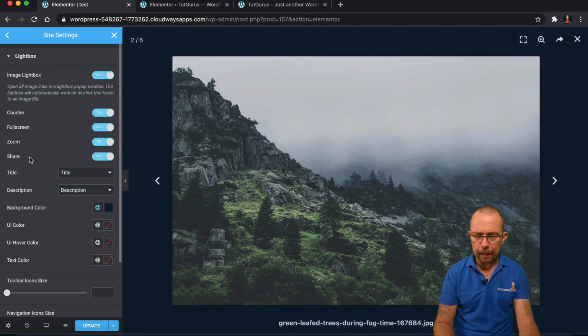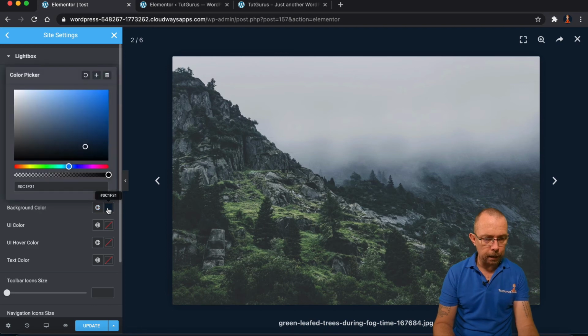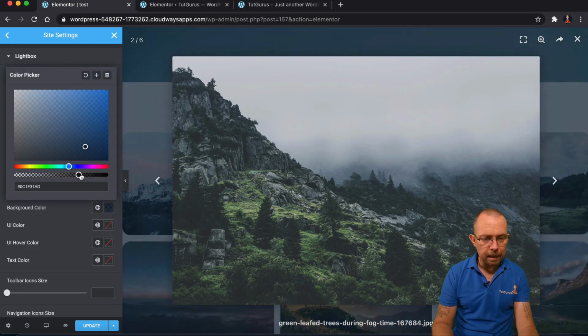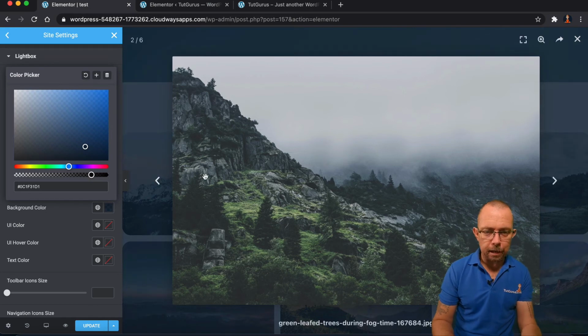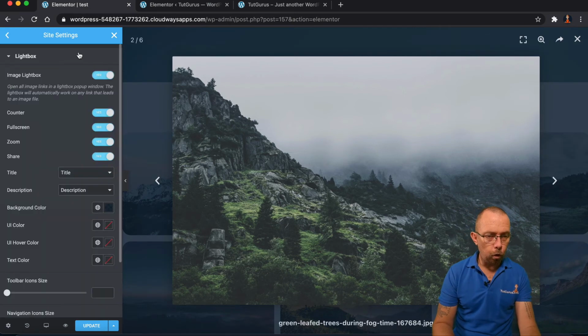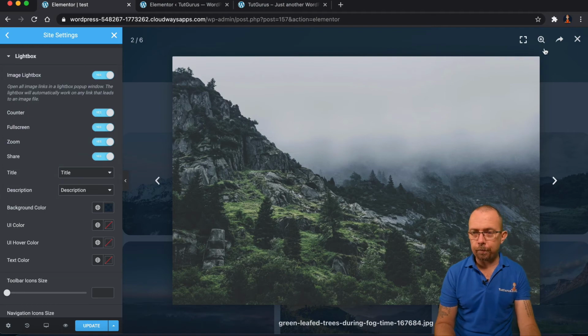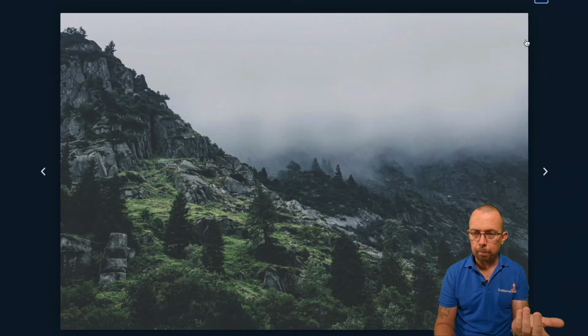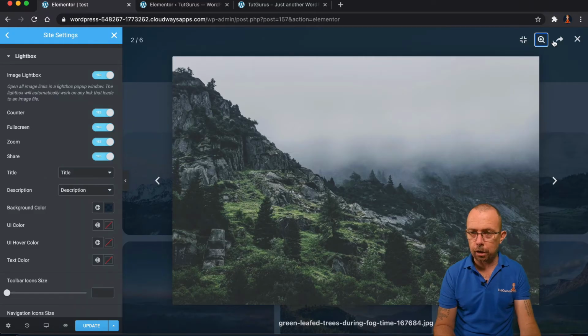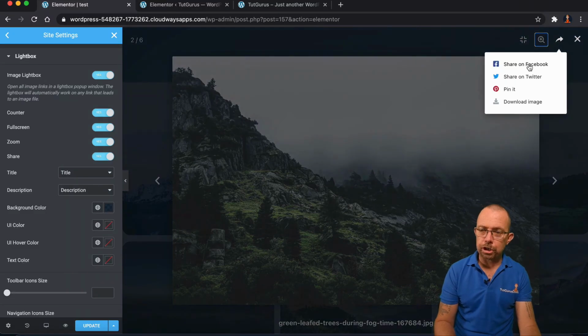I could create my Ali blue, or I could come in here, click on my Ali blue, and then make it have a bit of opacity, just so you can see behind it as well. There's many things you can do like that. You can also, inside of here, turn off these icons. You'll notice you have zoom in, these features, make it onto a large screen, which I'll exit out of. You can also share. I can share this image and can also close this image.